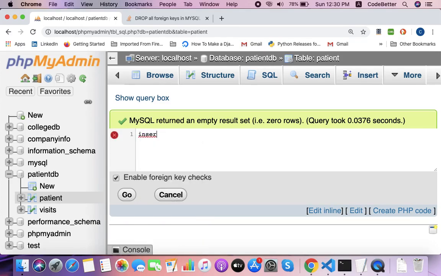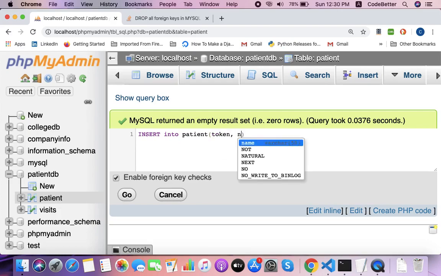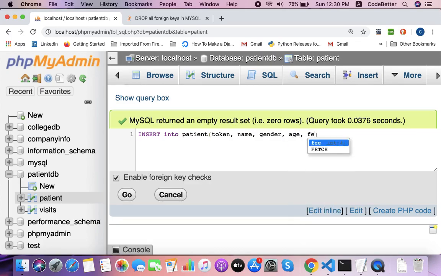Insert into patient, token, name, gender, age, fee, values: token again 1, name Ankur, gender male, age 23, and fee 440. Now let us execute this query.